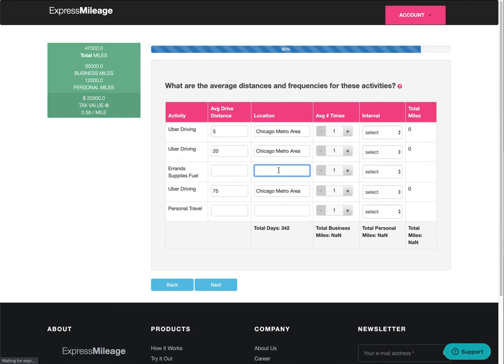Okay. And then for errands, supplies, and fuel, maybe that's just Northfield, Illinois, right? That could be the general region that I live in, and that's where I do most of my errands. So I'm doing all my driving all throughout the Chicago metro area, and so you get the idea. We've got a very